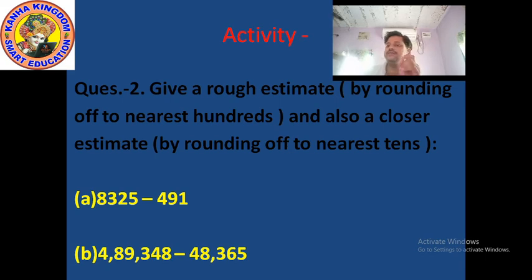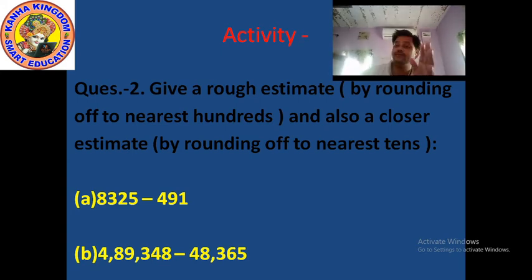Once again I just give the hint. When you do nearest 100, keep in mind which two place values, tens place value and 100 place value, and which two rules. If tens place is less than 5, then you have to convert tens place and ones place into 0, and nothing you have to change in 100 place. After that, whatever the digit in 1000 place, 10,000 place and lakhs place, nothing you have to change. Write down the same thing.